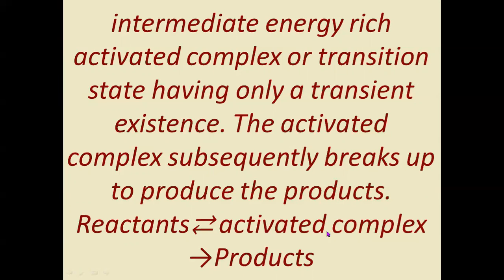Therefore, between reactants and activated complex, we have a two-way arrow. Reactant can produce activated complex, then product, or reactants convert themselves into activated complex but do not possess sufficient amount of energy, and again they convert back into reactant. No product will be formed in this case. Therefore, there is a two-way arrow mark between reactant and activated complex.